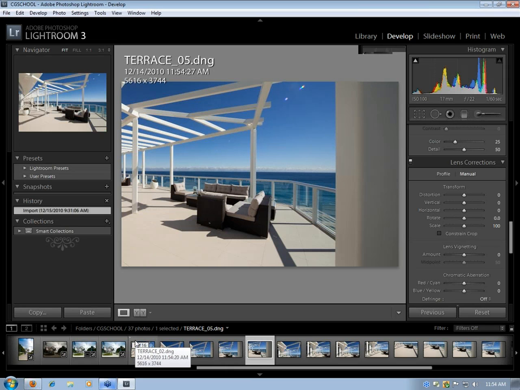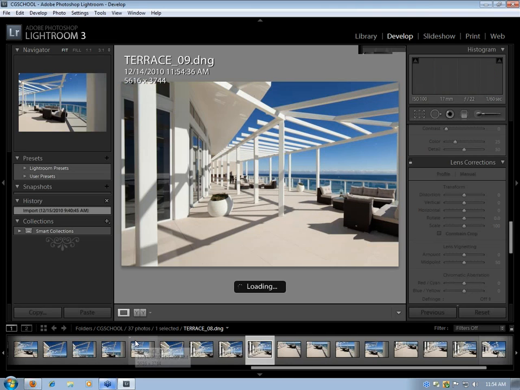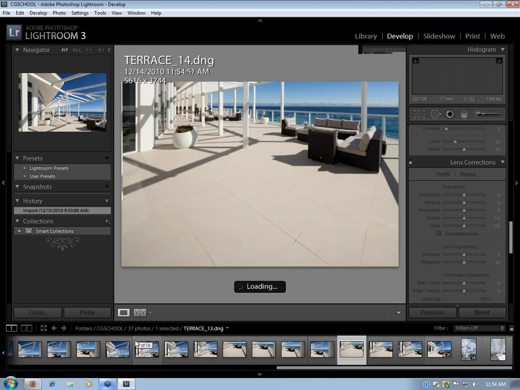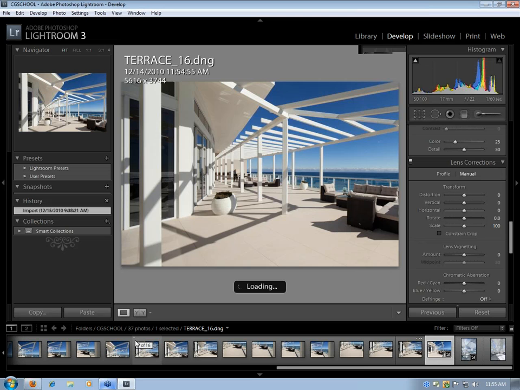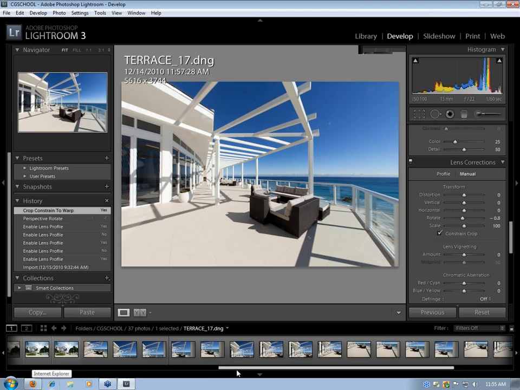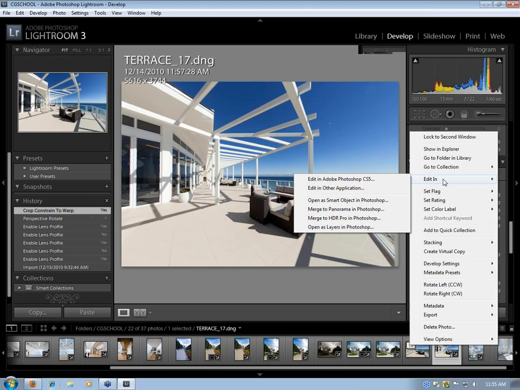So what you can do with a perspective correcting lens is you can actually use it to shift and capture much more of a scene than you might normally be able to do. So if I shift left, and you see that I've captured all of these other images, this is shifted down. And what I end up with is a whole series of images that I can use to add on to this original image. So if I just right-click on this and I do Edit,